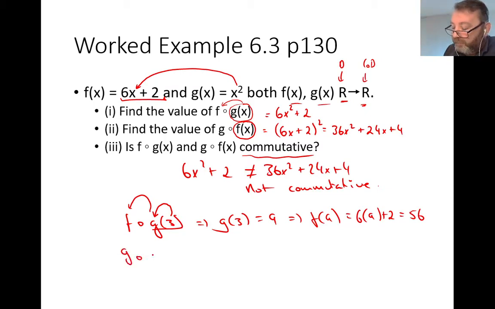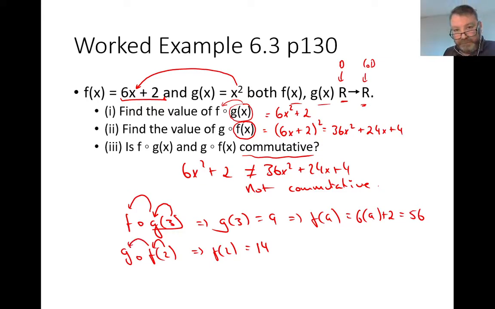G after f of 2. Now again, let's do f of 2 first, because that's what we're told to do. You always take the 2 into f first of all. So you're going to place 2 into f. Go back up here and put 2 in where x is. 6 2s are 12 plus 2, 14. And then